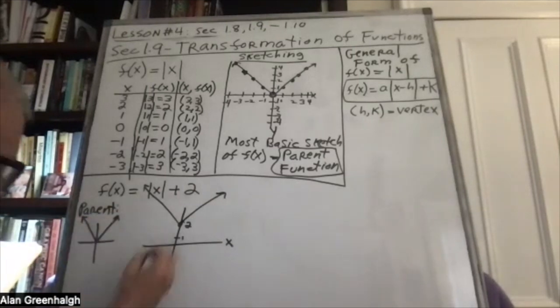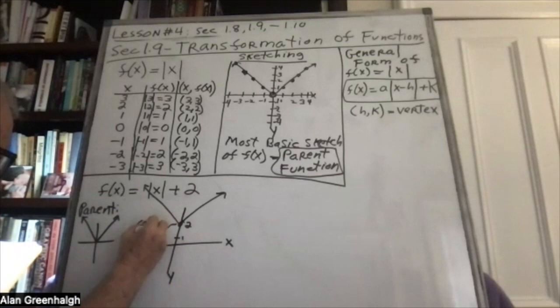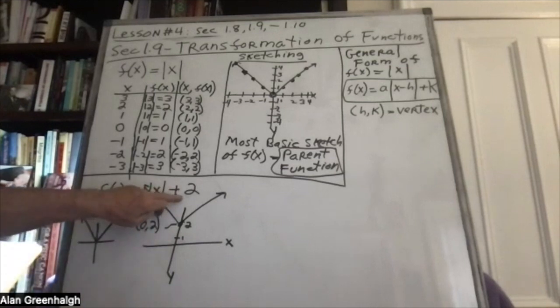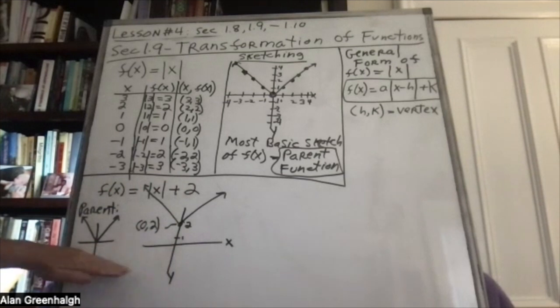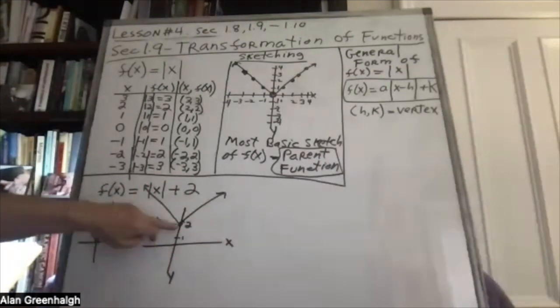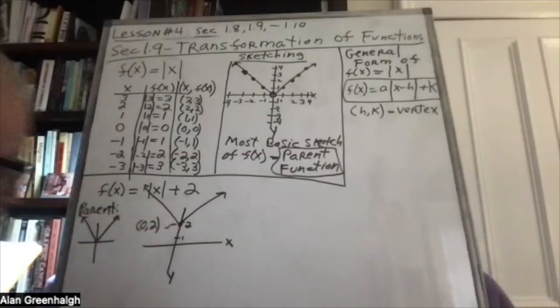And this vertex now is the point when x is 0 and y is 2. So that positive 2 has the effect of raising the parent function up to a starting point of 2 on the y-axis, as opposed to